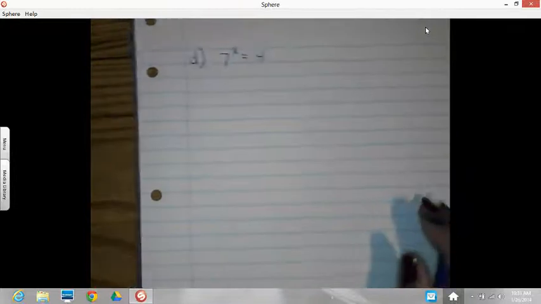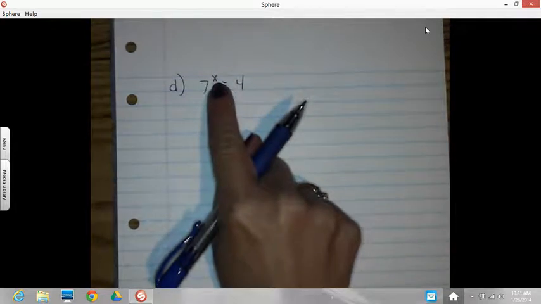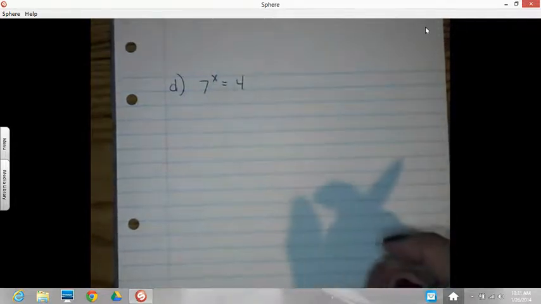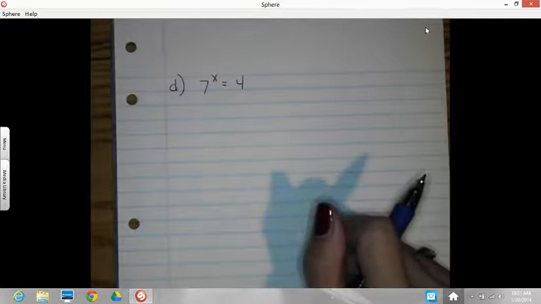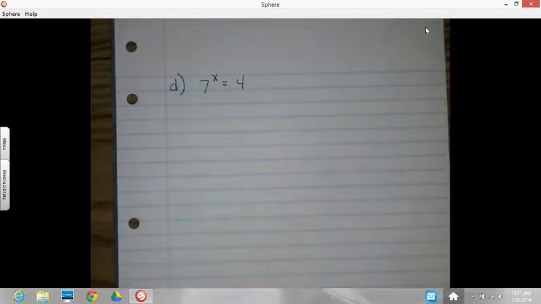This is the first time we've had the x up in the exponent. We can't solve for the x when it's up in the exponent. So what I can do is hit it with the log and knock it down. So what I'm going to do is take the log on both sides. Then I'll be able to use that property 3. So if I take the log of both sides, which is legal,